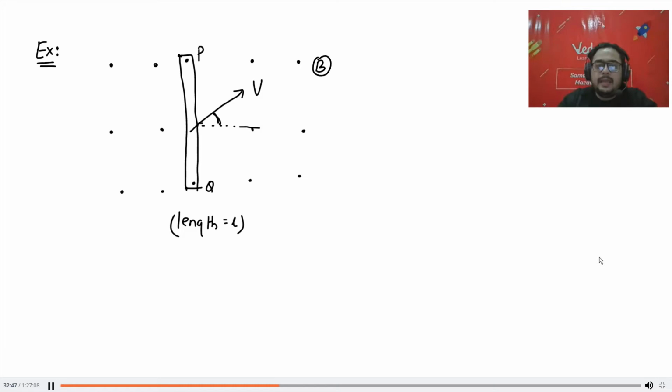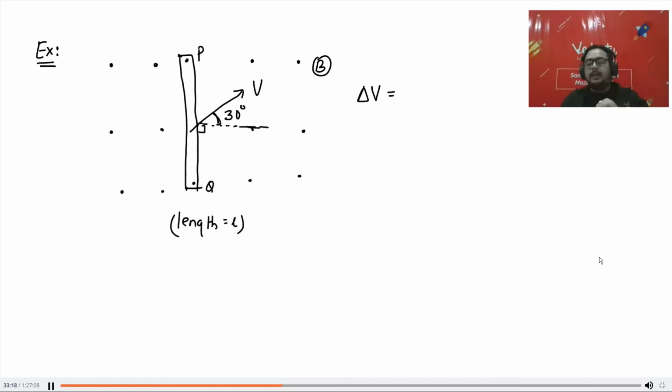This angle is given to me, which is with the perpendicular. The angle is given to me like, let me say, 30 degrees. Now I want to know what is the potential difference between P and Q. Think about it, everyone. So is the magnetic field perpendicular to both? Just say yes or no. Which quantity is making an issue?